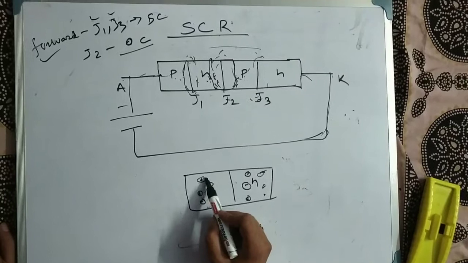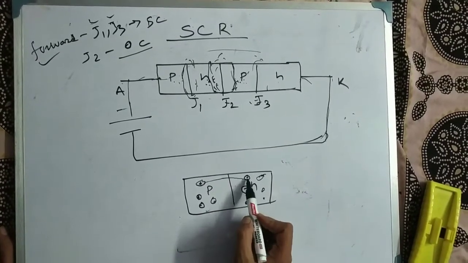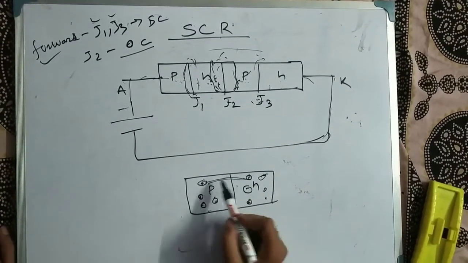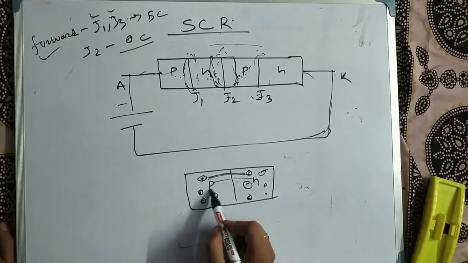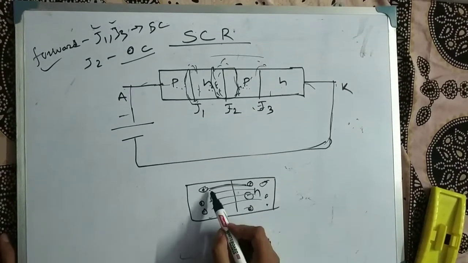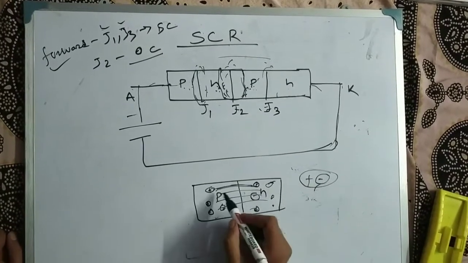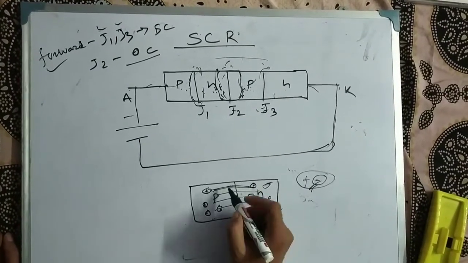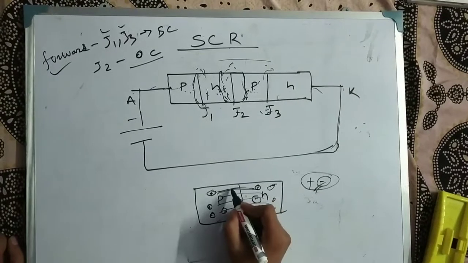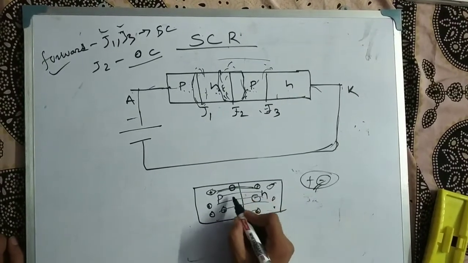So holes will be attracted to electrons, and electrons will be attracted to holes. So there are movable charges here. After that, positive and negative charges recombine with each other, and they disappear. After some time, what will happen? Non-movable electrons